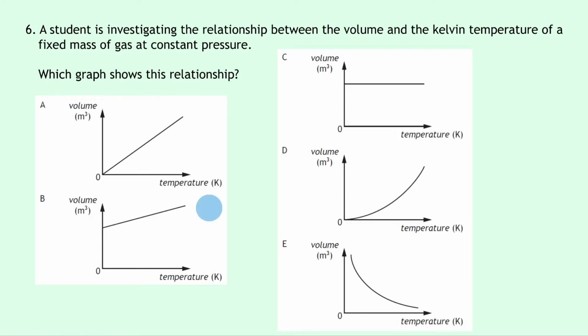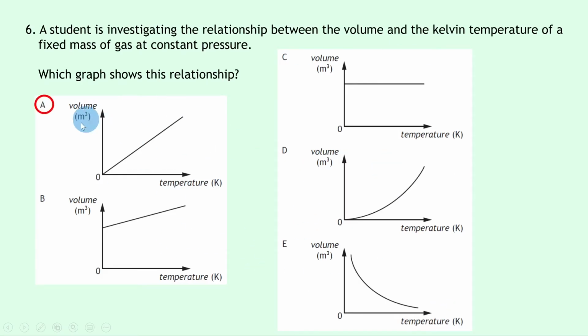Well, this question is referring to Charles's law, which is the relationship between the volume and the temperature of a fixed mass of gas. And you should remember that for Charles's law, it says that for a fixed mass of gas at constant pressure, volume is directly proportional to temperature when it's measured in Kelvin. So we just need to find the one that represents a directly proportional relationship here, and that is going to be